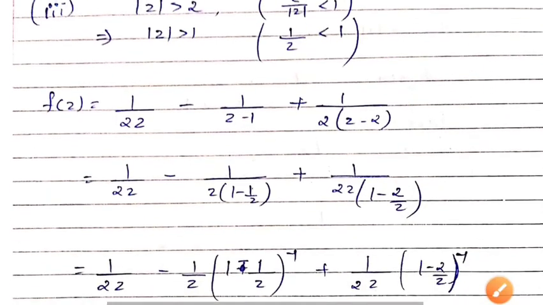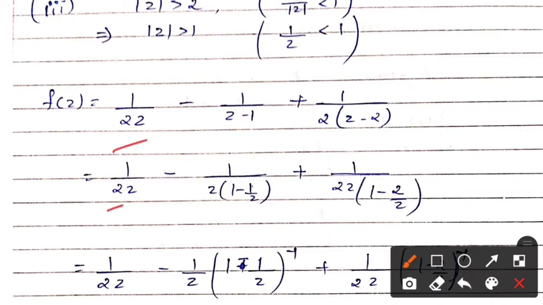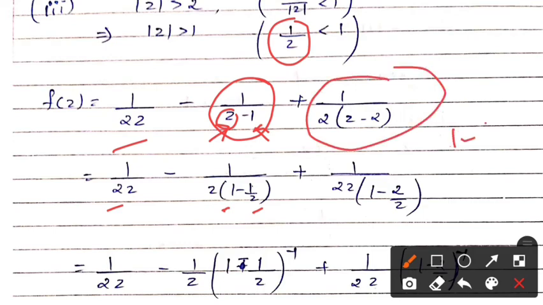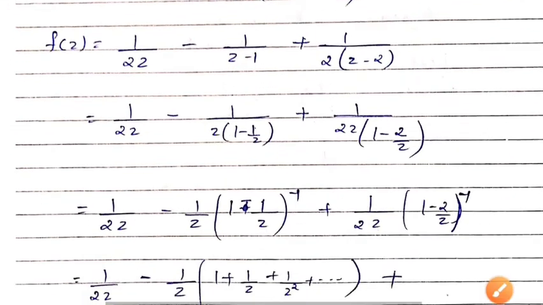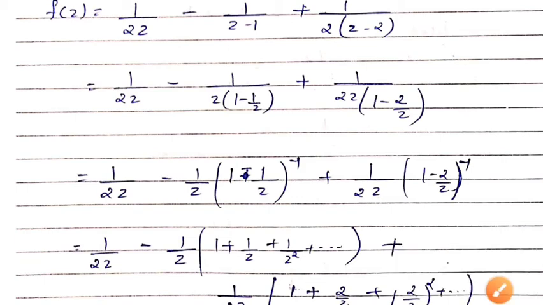Okay, now again the first term 1 upon 2z will be as it is. Now in the second term, what do I have to set? I have to set 1 minus 1 upon z. Here there must be 1 and here there must be 1 upon z. So if I take this z common out, I get 1 minus 1 upon z. Similarly, in the third term, I have to set 1 minus 2 upon z. If I take z common here, then this z will move to the denominator. So I get here 1 minus 2 upon z.